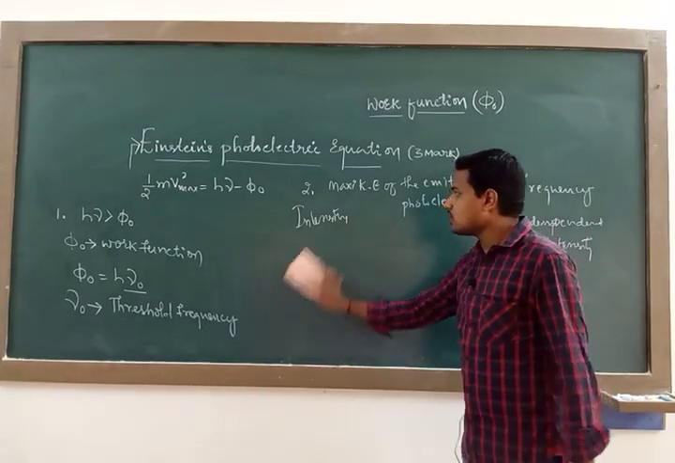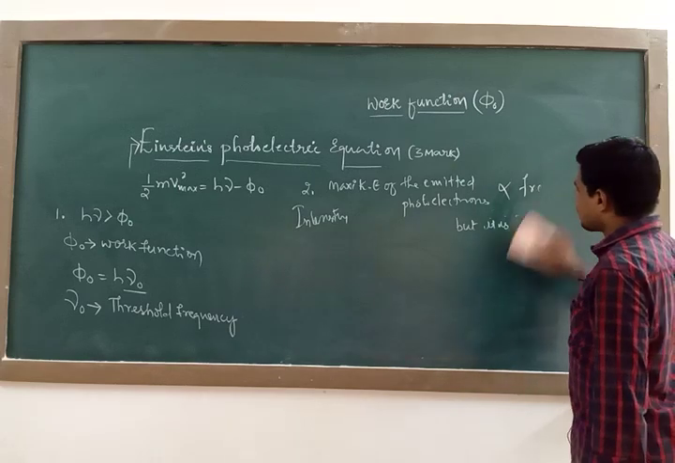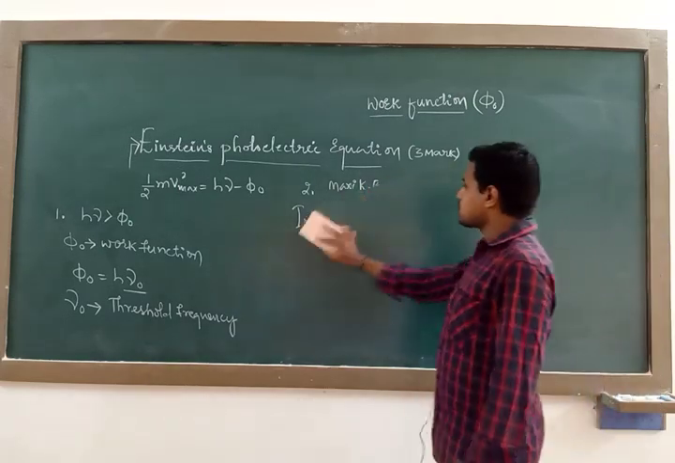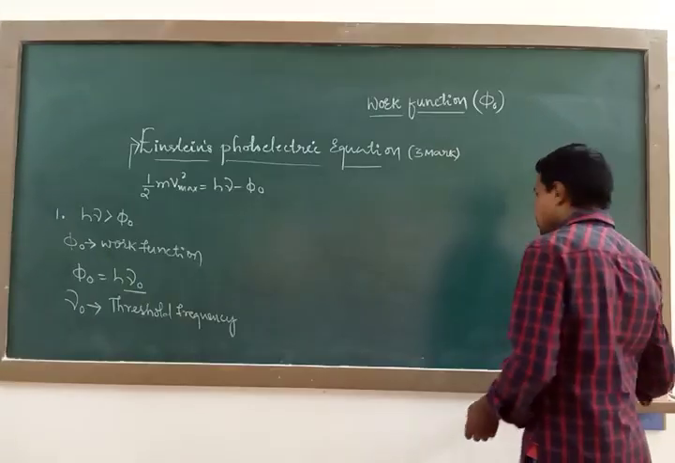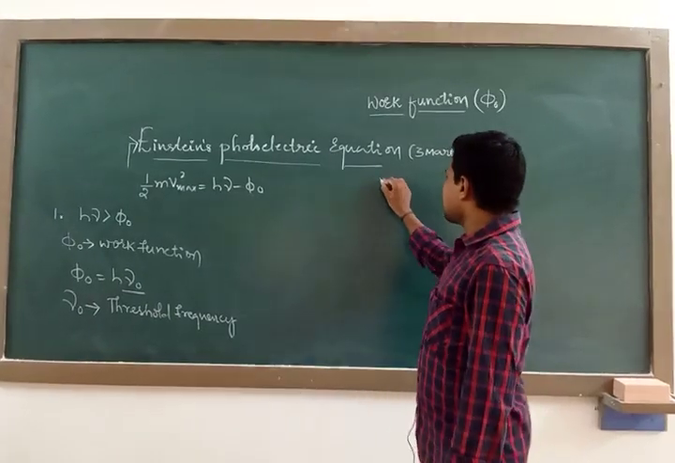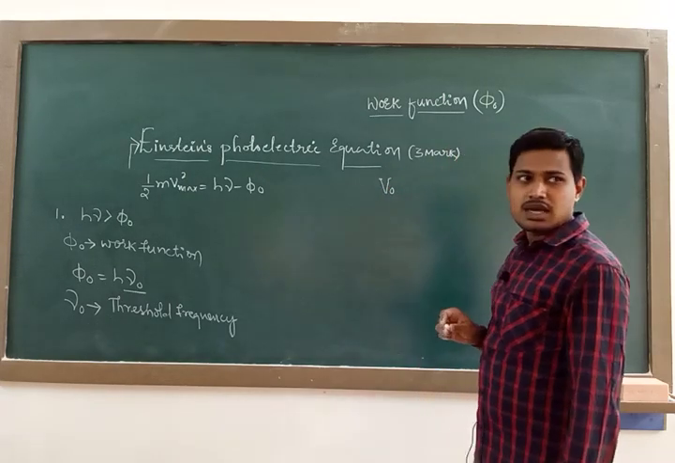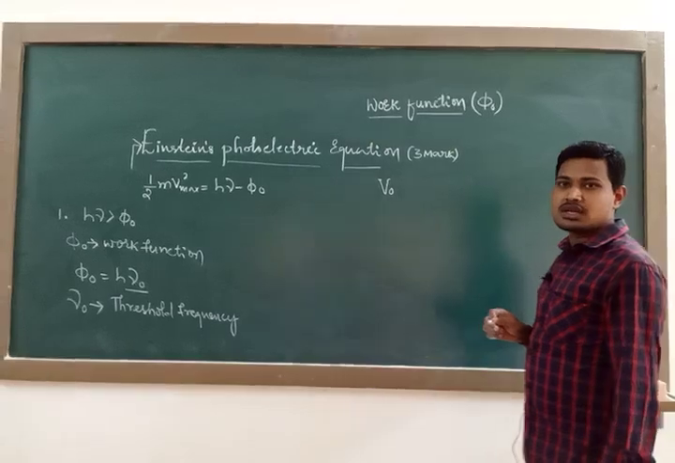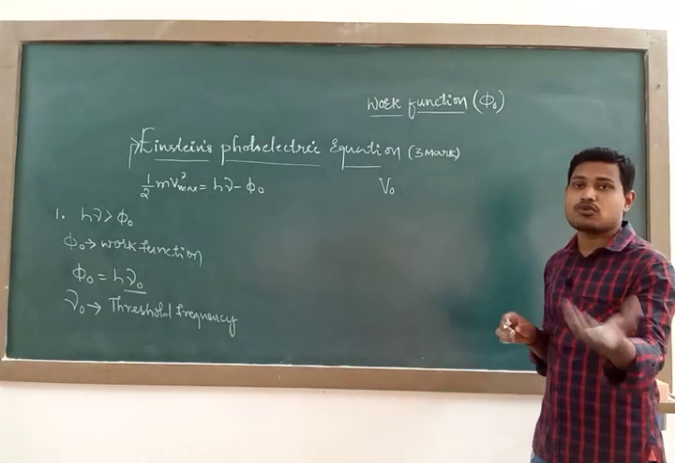Without any time lag, the emission of electron will be taking place. Are you getting, students, here? So this is about the explanation of Einstein's photoelectric equation. Suppose V0 is the stopping potential. What is stopping potential? A minimum negative potential given to the collector plate for which the photoelectric current